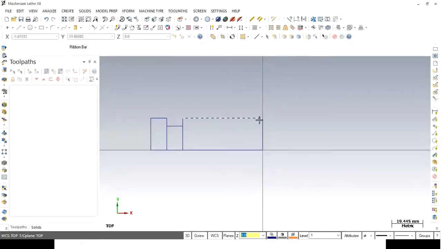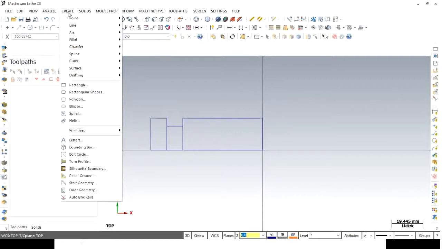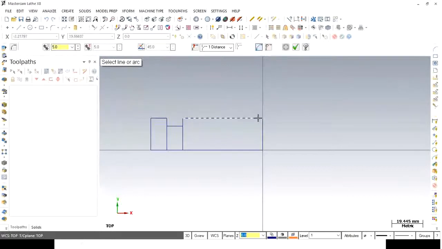Now here there is one chamfer applied. To create the chamfer at this starting point, you can click on create again. Then the chamfer option is there. Select the entities. Select this first entity and second entity. And you can provide the length here from these points. So the length is 2 mm. So write 2 mm here. If both lengths are different, then you can provide the first length and second length. In this case, both lengths are the same, 2 mm. So write it as 2. The angle you can select from here. That angle is 45 degrees. So keep it as it is.